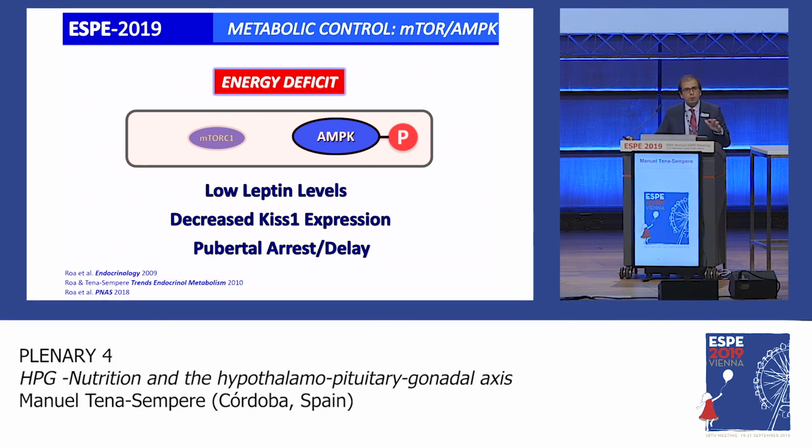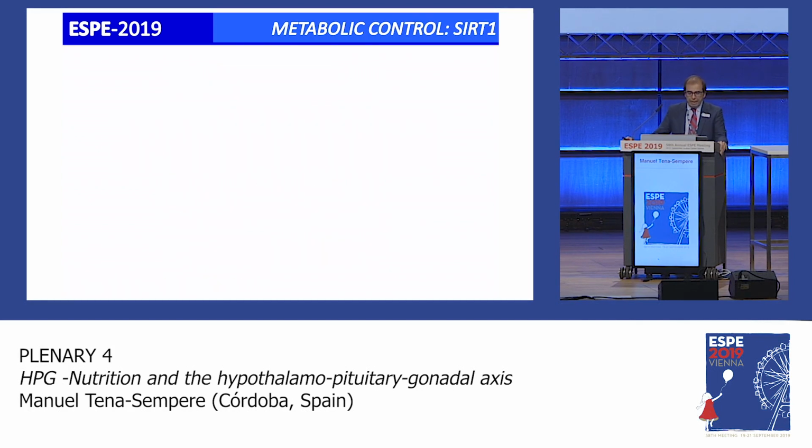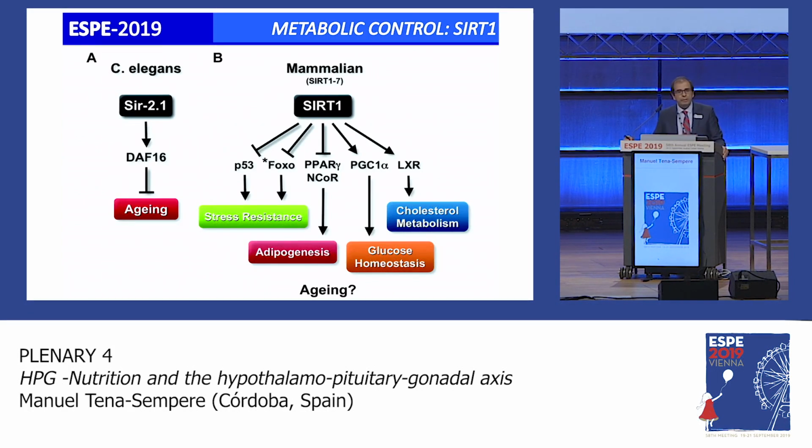However, this tandem does not explain fully, for example, how puberty is affected in obesity conditions, and that's why we try to get deeper into the knowledge on how other cellular energy sensors could interact with this tandem in controlling puberty onset. And in this search, we became very much interested in trying to define the potential roles of a family of molecules called sirtuins, and particularly one member of the family, SIRT1, which is the ortholog of the C. elegans SIR2.1